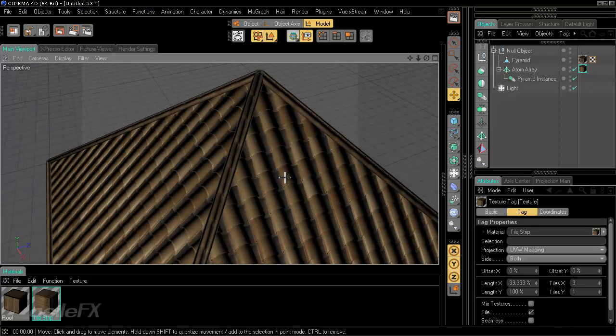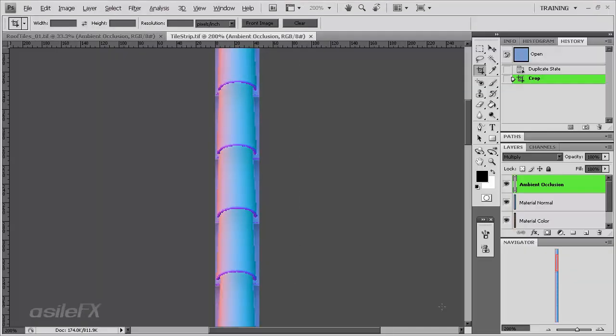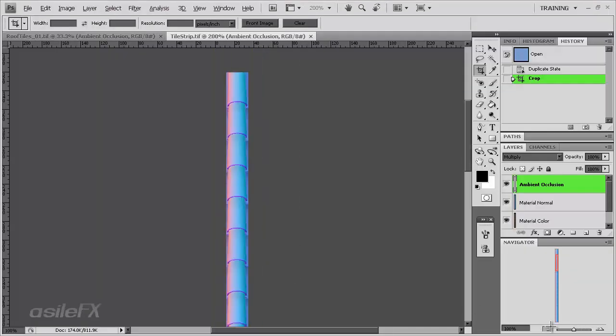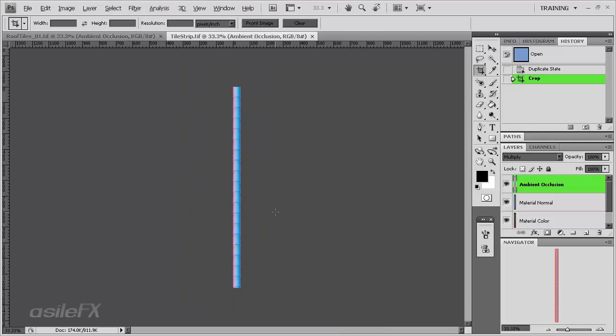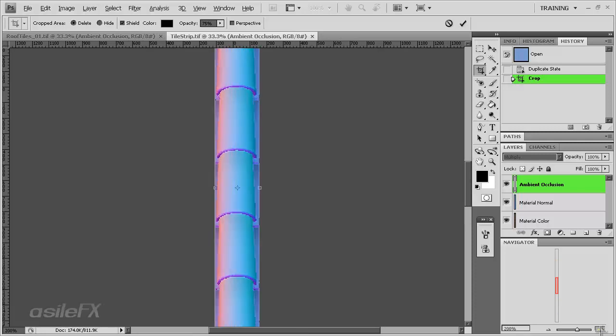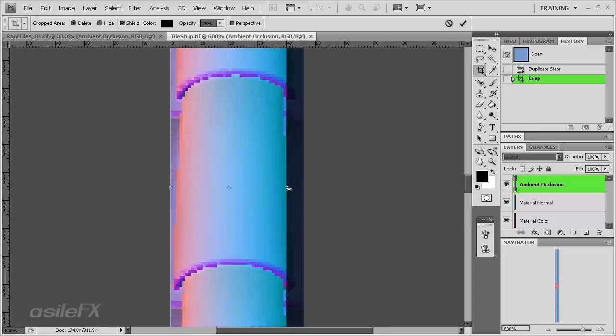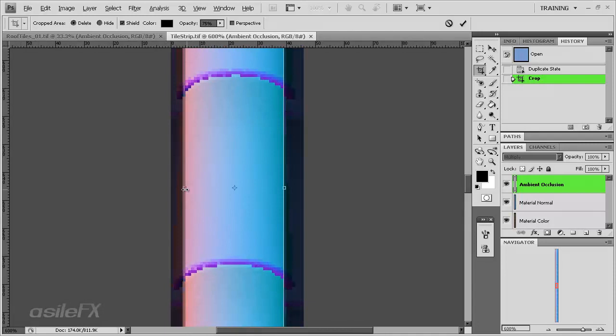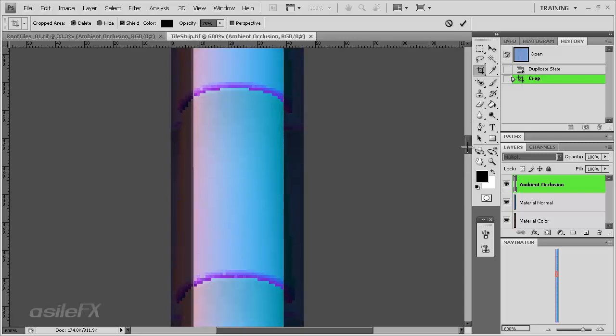So we're going to go back into Photoshop and crop it further. Go back to the crop tool, C on the keyboard is what I'm using, or you can go up here to the tool palette and select crop. And we can drag that in. And because this is already rounded, we really don't need a lot of the side detail. So that should work out pretty well. Go ahead and crop it, save it,